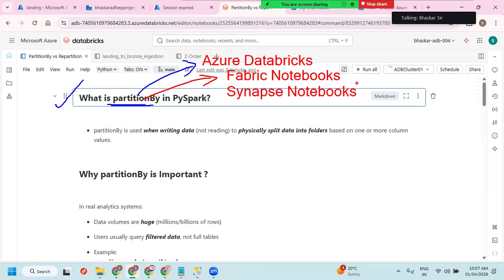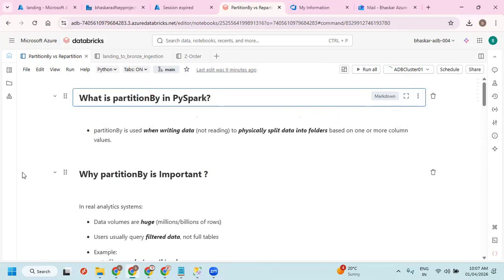If you know it in one place, then using it in other places is more or less the same. 99% is the same, at least 95% is very similar.